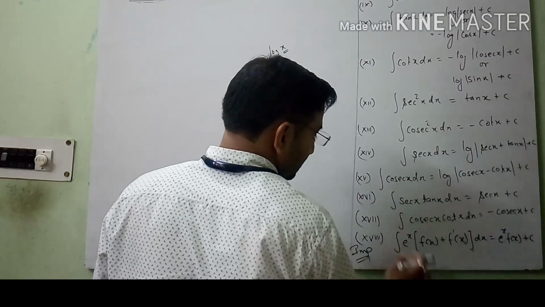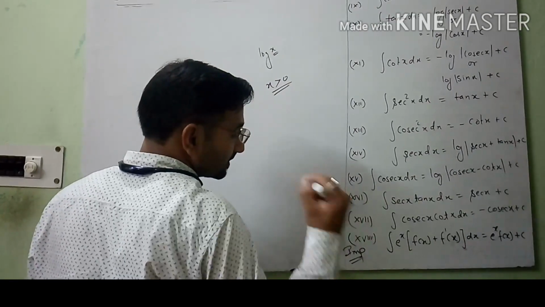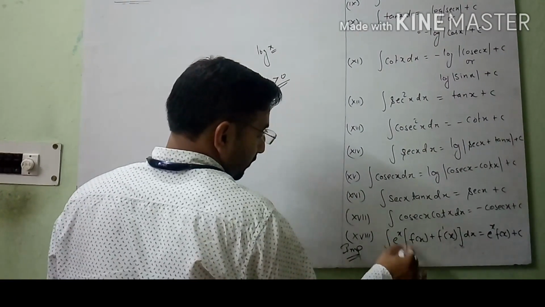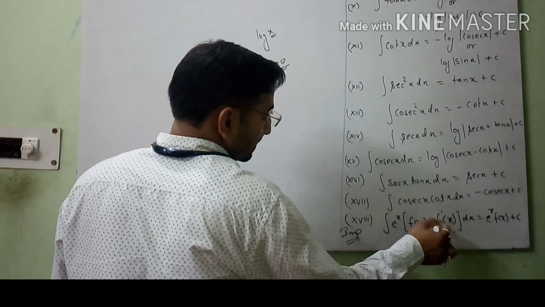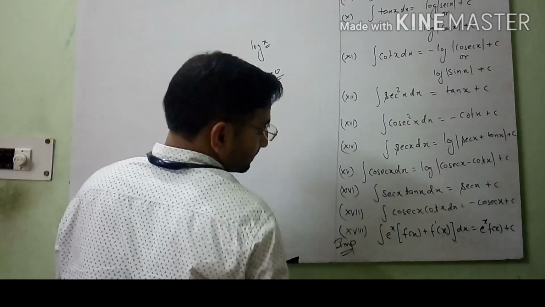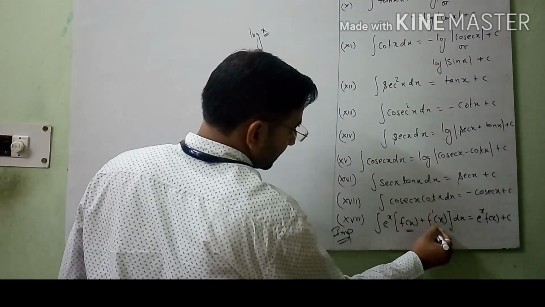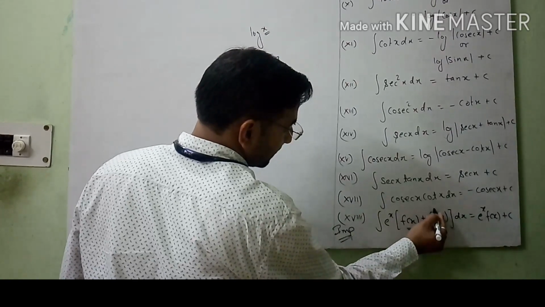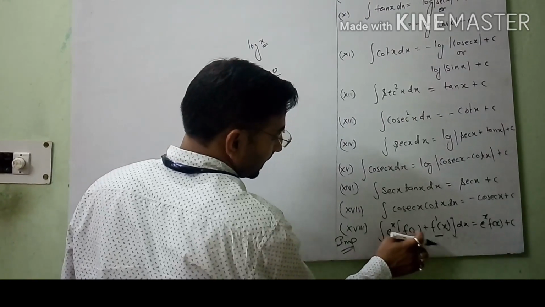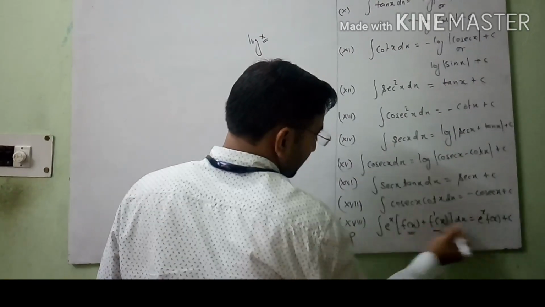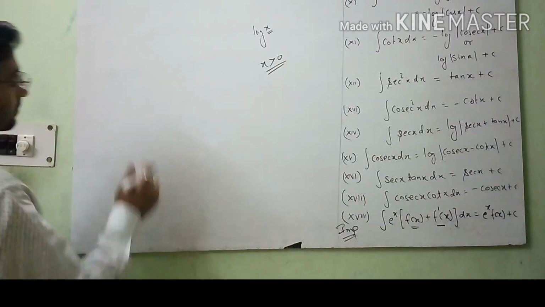Now, this formula is very important for your competitive examination. When you face this type of condition in your question, then you can write your answer in one single line. Suppose the format is integration of e^x bracket start f(x) plus the derivative of this function. Here I am using f dash x, which means the derivative of f(x). Then the answer will be e raised to the power x, that is e^x into f(x). It is a one-liner question.